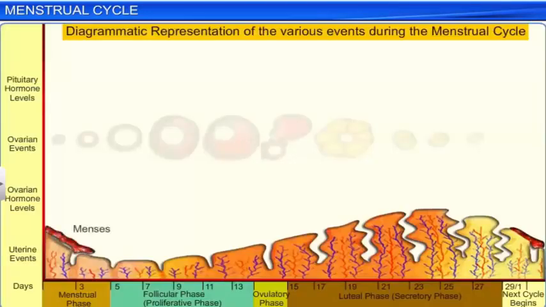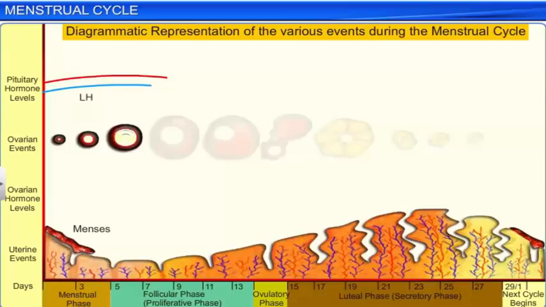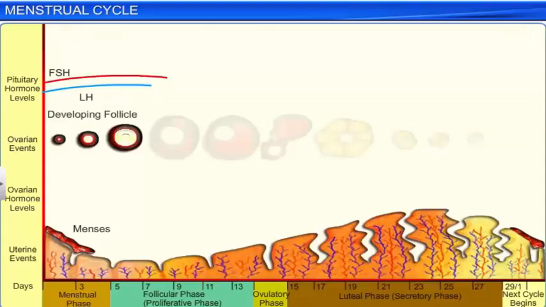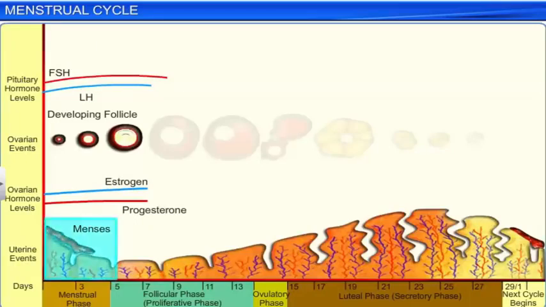At the onset of menses, the anterior pituitary gland increases the secretion of the two gonadotropic hormones, luteinizing hormone or LH and follicle-stimulating hormone or FSH that stimulate the development of primary follicles. However, the amount of estrogen and progesterone released by the ovary during this time is less, which causes the thinning